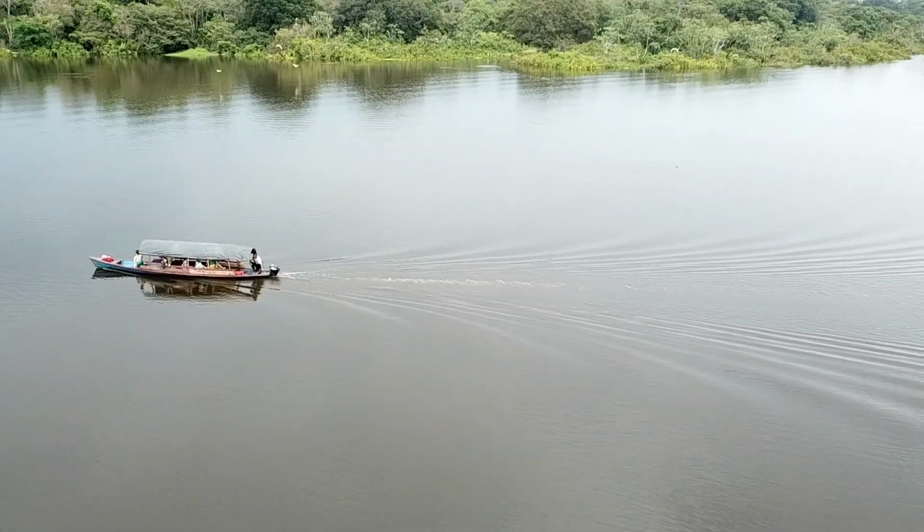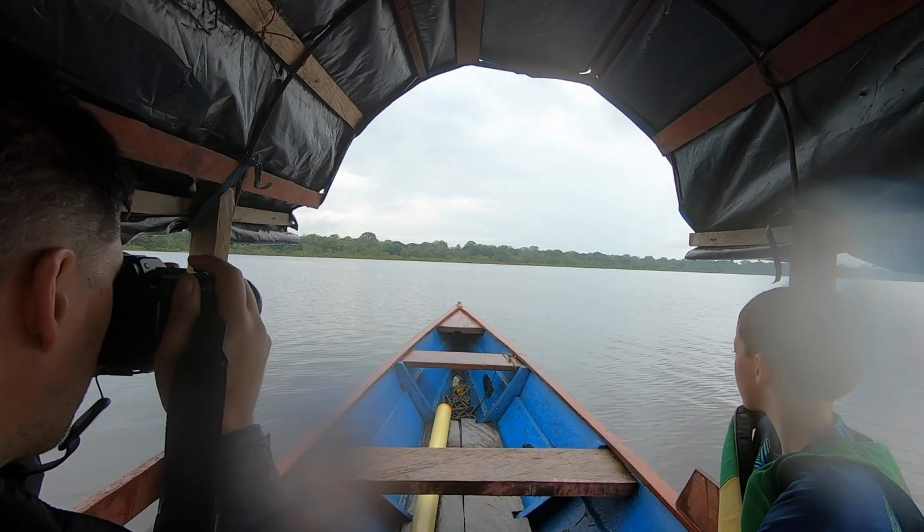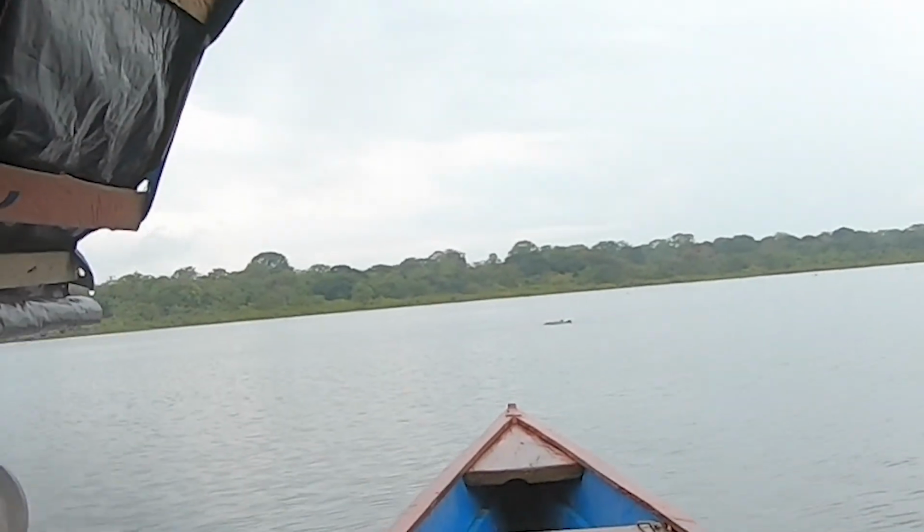So the point of this lake was to see the dolphins. So this is what we were so excited to do. They are right in front of us right now, guys. Oh, enfrente. Guys, which means that if